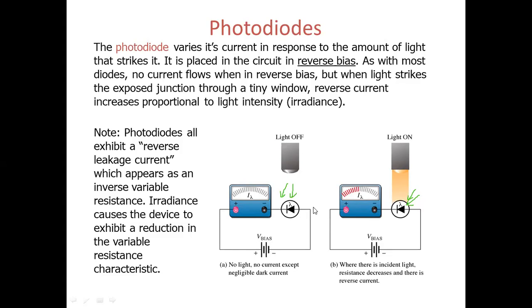Only for the negative bias, the reverse bias, it will produce the leakage current, but without any light it is not conducting. Remember one thing, without any light intensity it is not conducting, but whenever the light intensity strikes the outer surface of the diode, the reverse leakage current will flow through the circuit and show the value here. Is it clear? Yes, sir.